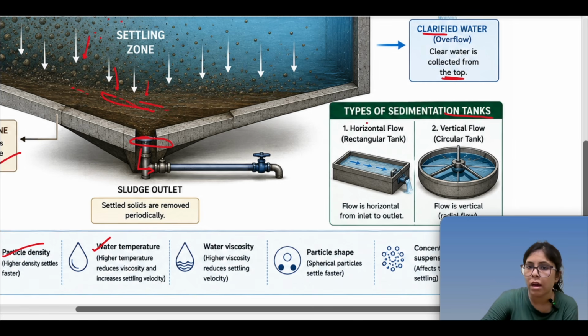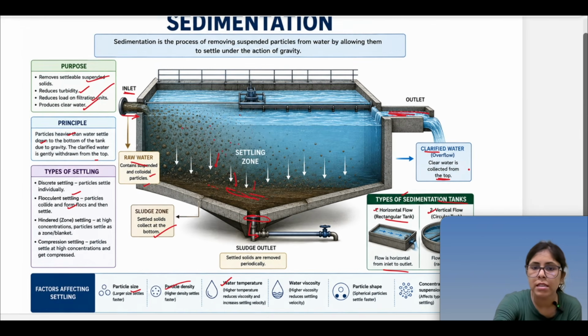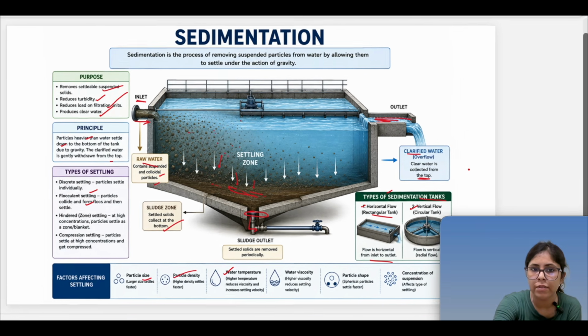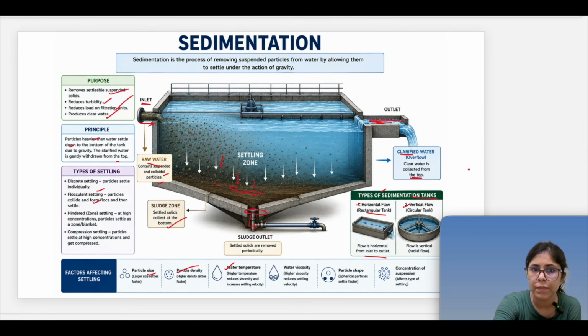So the tanks are of two types: horizontal flow and vertical flow. We have a rectangular tank in horizontal flow, where the flow will be from inlet to outlet, and then we have vertical flow. We will be discussing these in detail. So you see, this is some kind of sedimentation tank which looks like this. Okay,